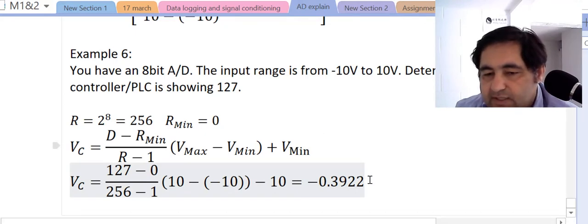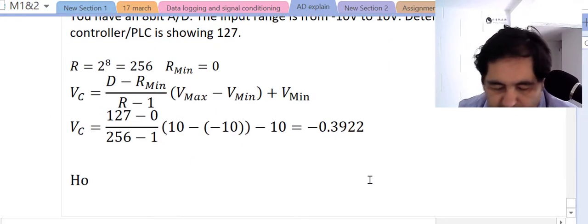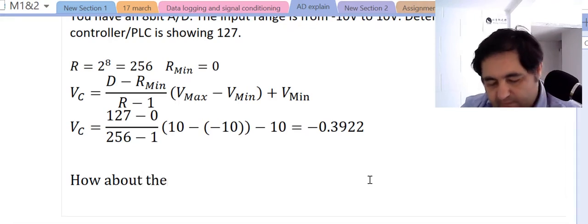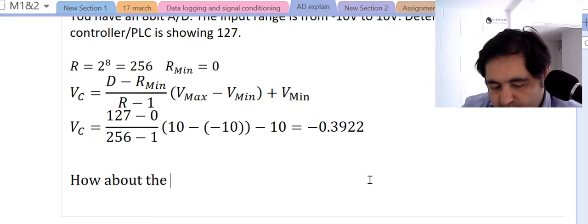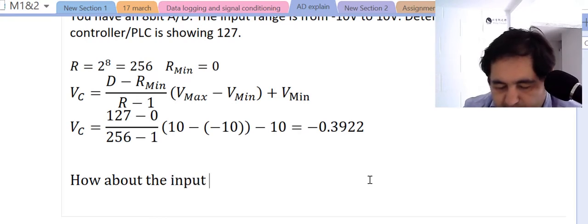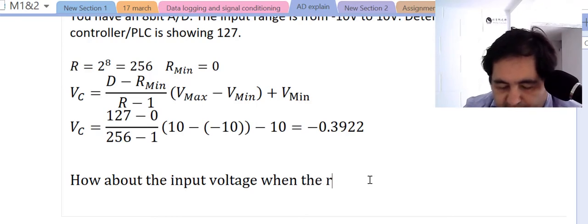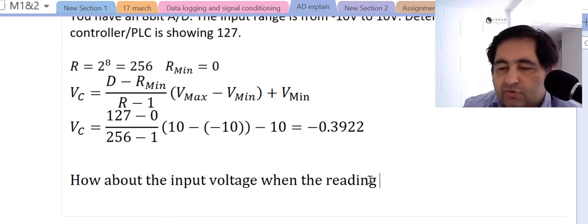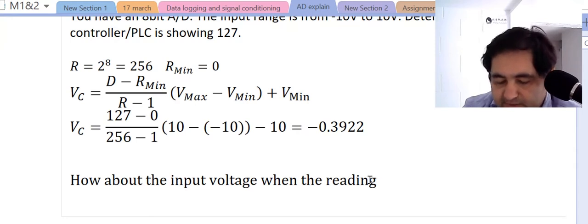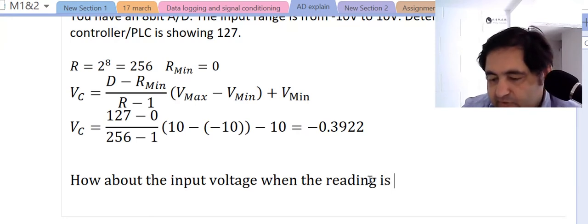Now another example, let's just have another example. Okay, how about the input voltage when the reading, the microcontroller or PLC reading, is 221. Okay,